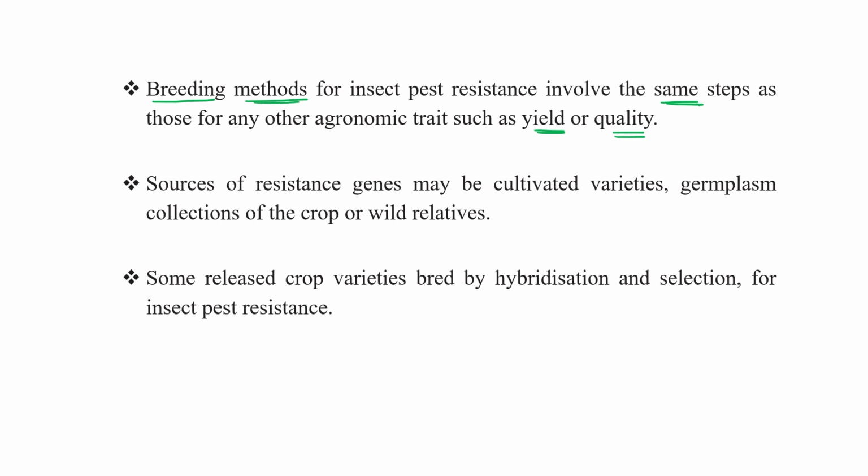So I just want to tell you that all the steps are the same, the breeding methods are the same. First, we have to identify that type of crop plant, that type of variety or cultivar, right? And we can develop a new type of crop plant showing high yield as well as disease resistance for pests. For that we have to first collect the seeds or plant types, or we can say germplasm, of plants which are showing insect pest resistance.